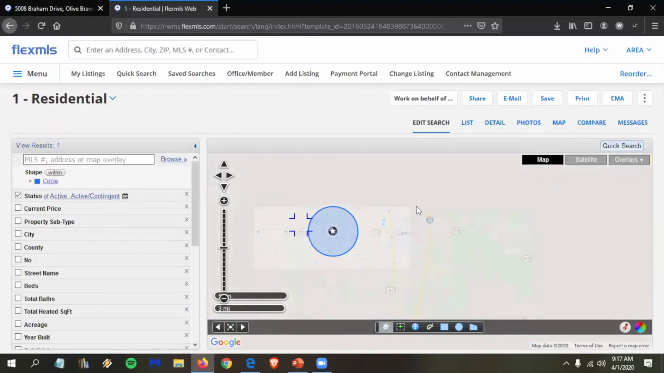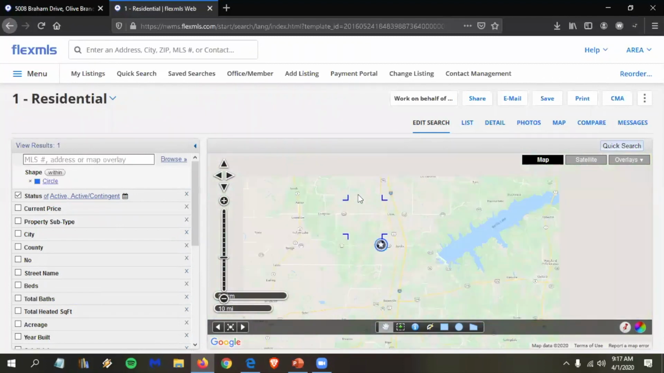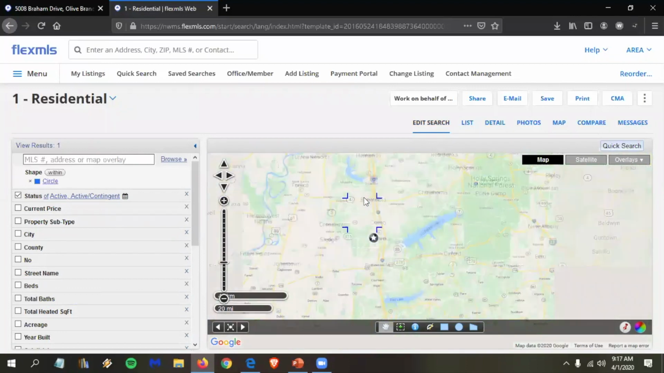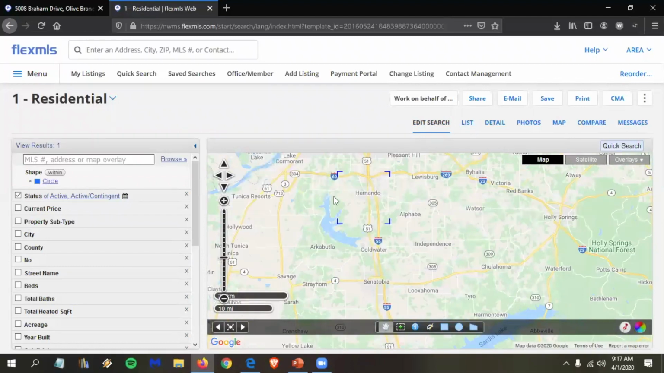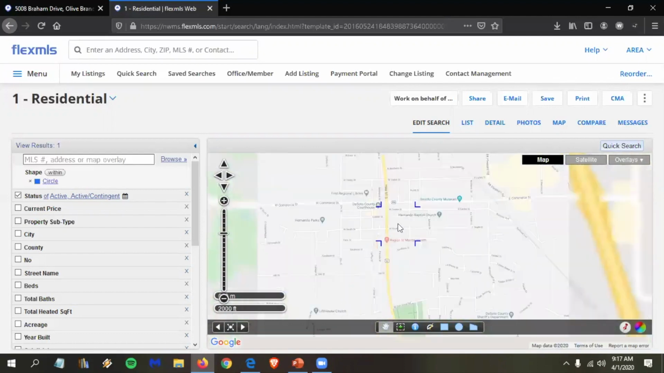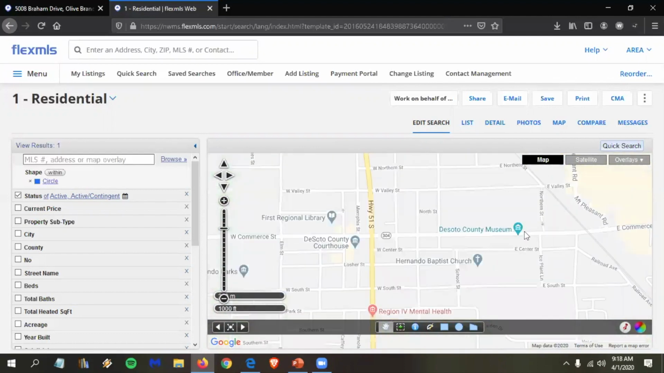And let me zoom out. Okay, we'll go back towards Hernando. And I'm going to zoom way in just to find a location because I want to point out something. Okay. So DeSoto County Museum. This is what I'm going to use for my next example. Or we could do the DeSoto County Courthouse. Now, this is not going to work today because of that bug, but I do want to point out the